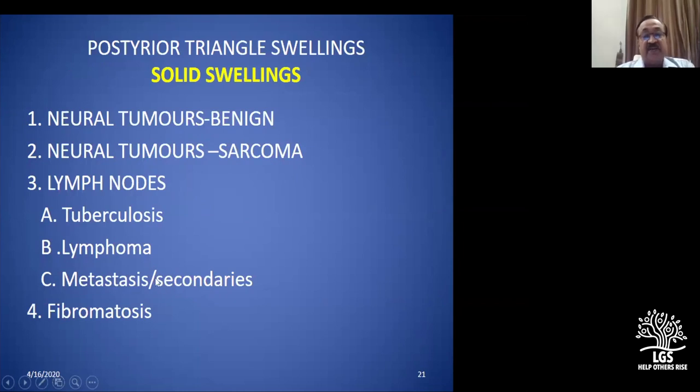After about another 10-15 minutes later, just to bring your attention, I am discussing more about this case. Most common short case for you, and students find it difficult. I want one of you to volunteer for this so-called metastasis or secondaries in the neck of occult primary. This is the very commonly asked short case for you. So please get ready for this occult primary with the neck metastasis. So these are some of the solid swellings.